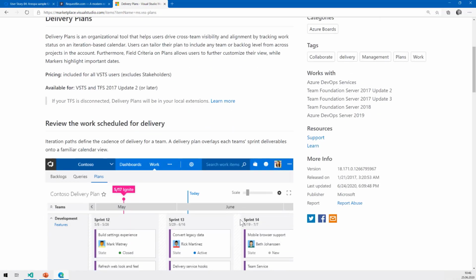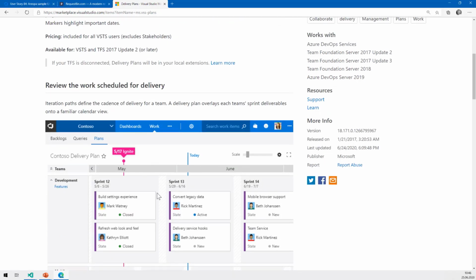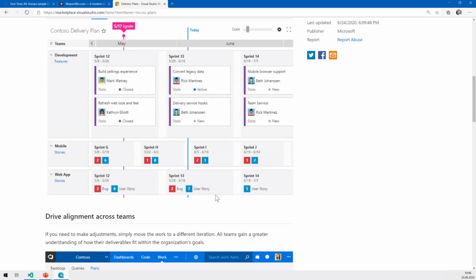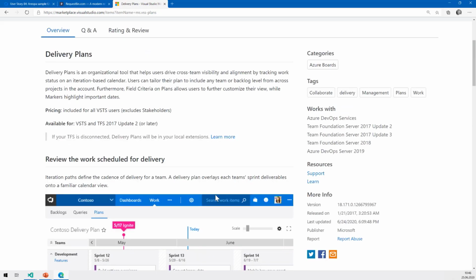That one adds quite complex graphical elements in here. You can see basically it's used to schedule stuff across sprints and across teams. But I wanted to show you that it completely adds a new kind of user interface that isn't there in Azure DevOps before. So this is a completely new view that gets added. So really you can do a lot of complex things in Azure DevOps extensions. You're not limited to what is already there, but you can really add new stuff in here.